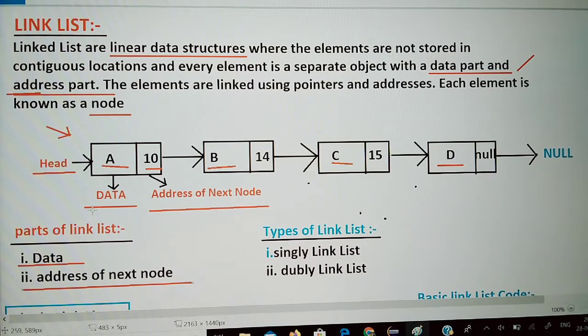Let's see again what the data part is. A is the data part of this node, and 10 is the address of the next node. This is a singly linear linked list, and 14 is the address of the next node.